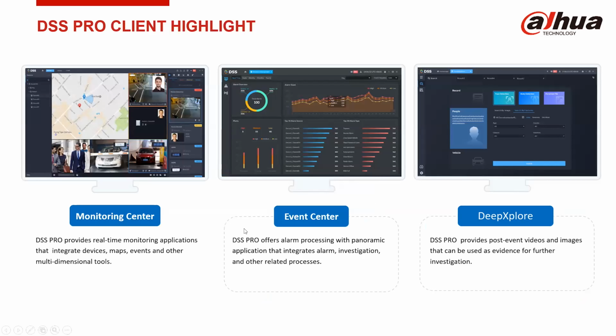Then the client, DSS Pro client, we have these highlights. We have a monitoring center. With the monitoring center, I can add live monitoring of video. I can have monitoring of map so that when we have alarms, they start to blink on the map. Then we have door channels being monitored also. Currently, in the newly launched version of DSS, we can also add a web page to DSS monitoring center and